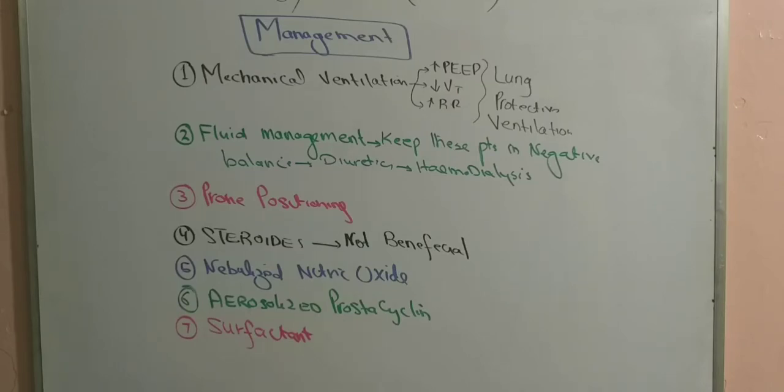When, as a doctor, you are managing a patient with ARDS and you think that the patient needs the mechanical ventilator, put the patient on the mechanical ventilator. This is the most important thing, but obviously you need to be an expert in that. If you are good enough while you are working in the intensive care unit and you think that the patient is in need of mechanical ventilation, pass the endotracheal tube and put the patient on the ventilator,